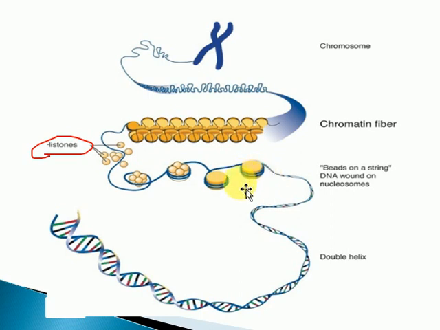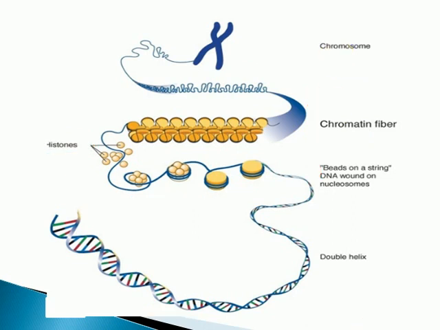It gets compact. Now this structure again wraps around, highly condenses and takes the shape of a chromosome. This is the DNA. When it condenses by wrapping around the histone protein, it is called the chromatin fiber, and chromatin fibers further condense to form the chromosome. So this is the relation between DNA, chromatin, and the chromosome. It should be very clear to you.